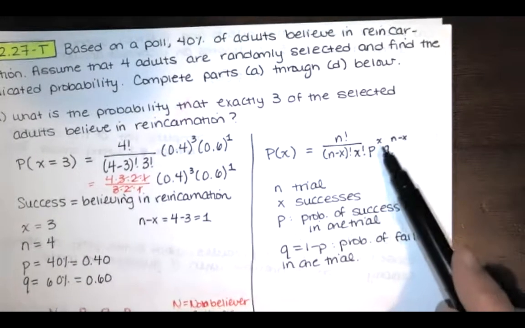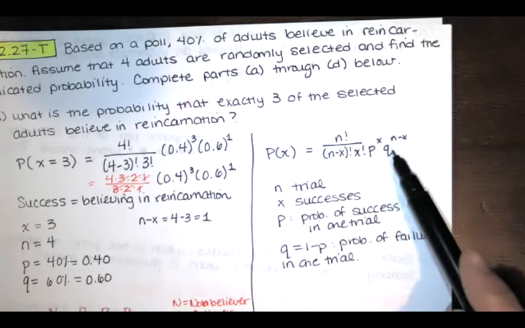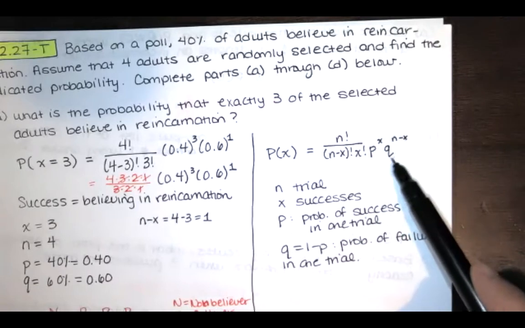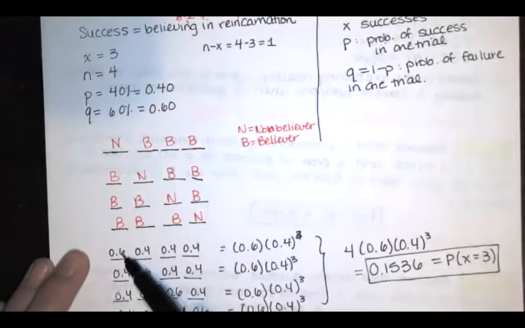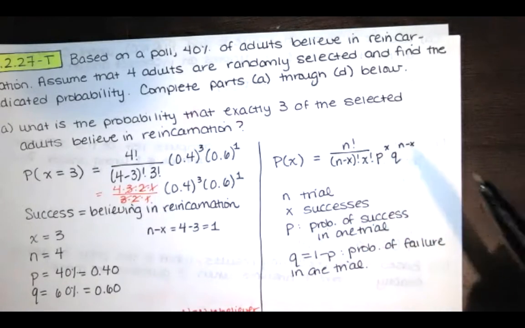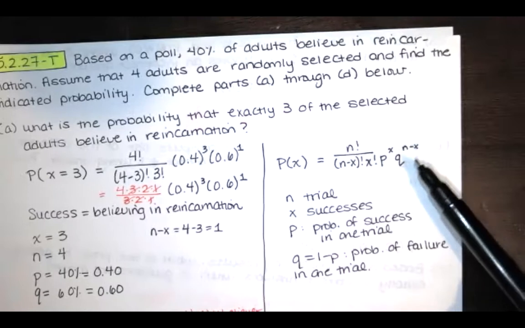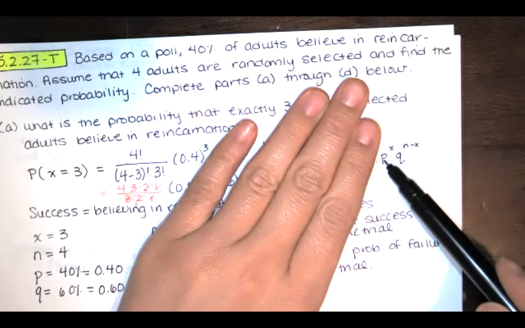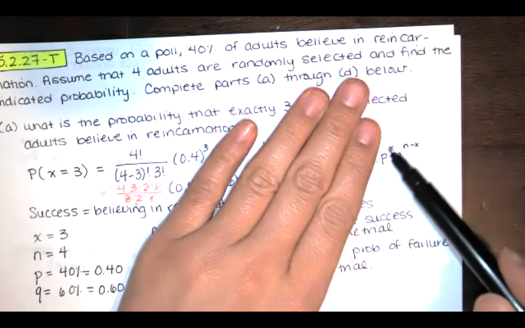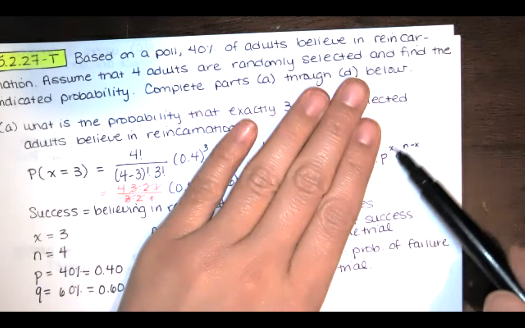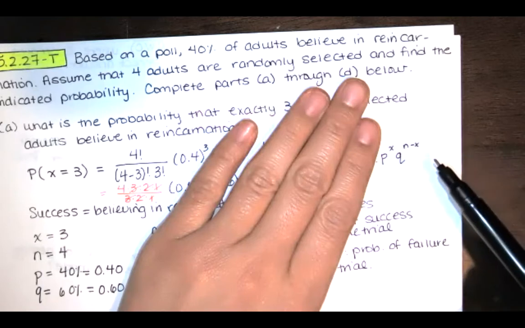And then everyone else, if they weren't a success, then they were a failure. The question is, okay, what's the probability of failure in one trial? It's q, it's that 0.6. And then you might say, how many of them do you have? Well, if you had x successes out of n trials, you have n minus x failures. So if you multiply these together, you get the probability of having the first x trials that are successful, and then the remaining n minus x trials that are failures using the multiplication rule.